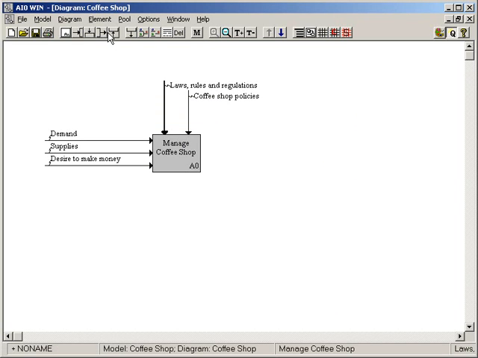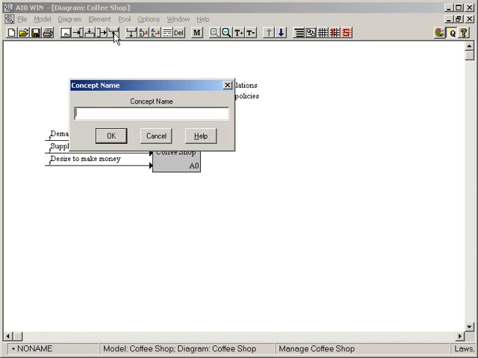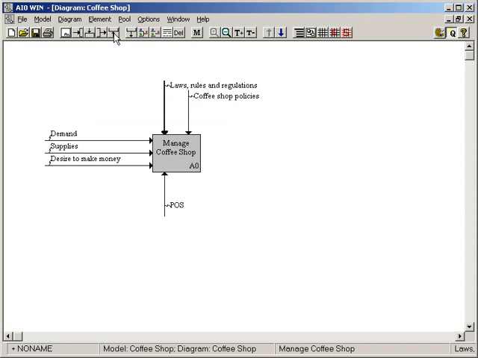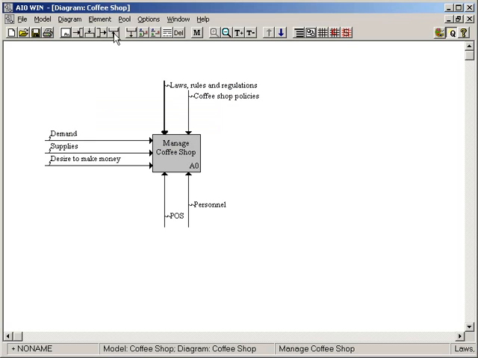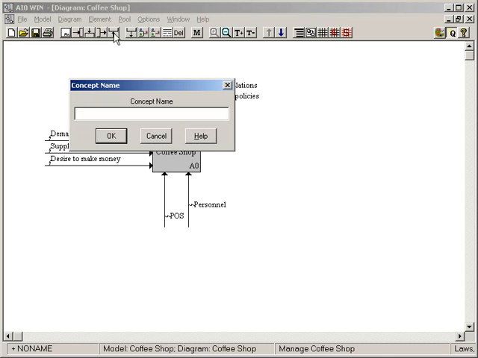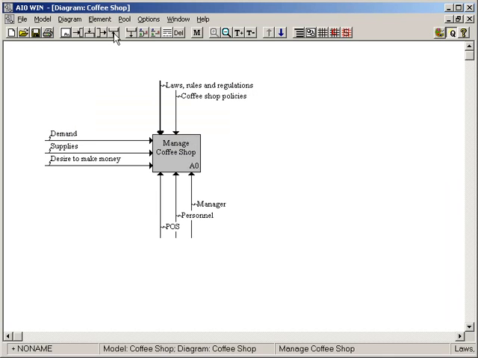Okay, let's add some mechanisms to it. This is where the mechanisms are added to the activity. Point of sale system, an information system that supports the transactions at the coffee shop. Additionally, personnel. We can probably say manager is not being a part of the personnel, being another mechanism, enablers of the coffee shop